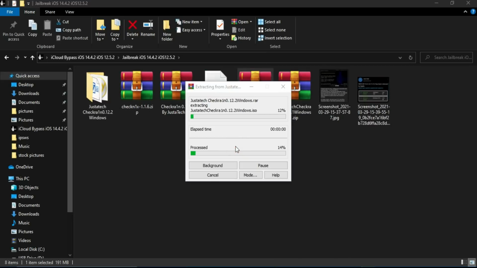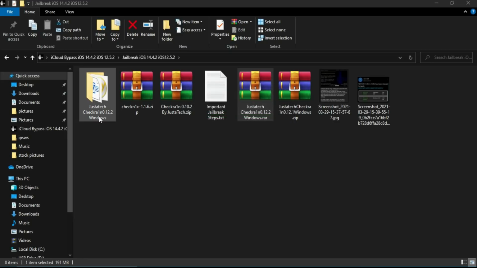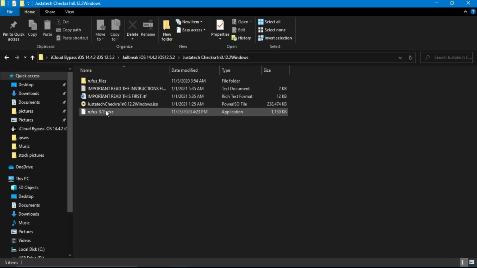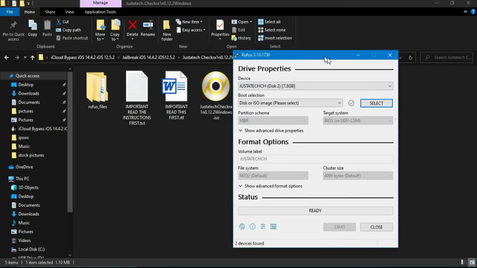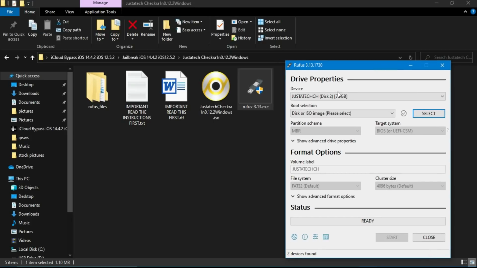So I'm using my custom ISO file. First you need to extract it. Many of you already know the jailbreak process, but if you are a beginner and you are watching this video for the first time, you will get all this process very easily. Now you will get some tools here and the ISO file. You just need to open the Rufus tool, and if you already have the Rufus tool, you can also open that. Now you need to make the USB bootable. For that you will need a flash drive also, so just insert it in your system and simply import this checkra1n ISO file you have just downloaded.